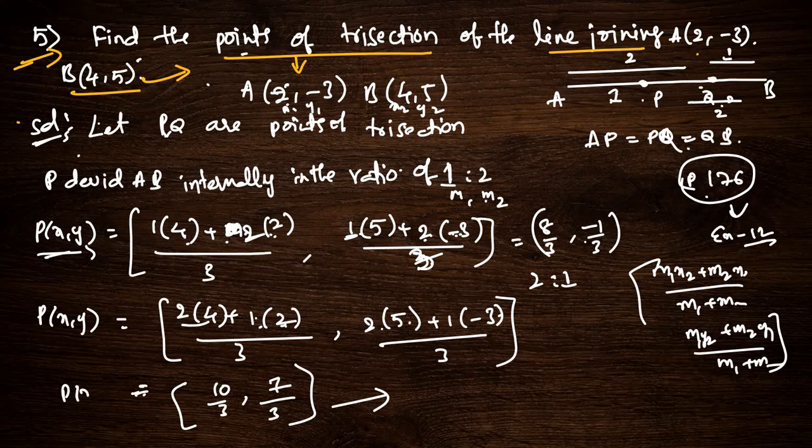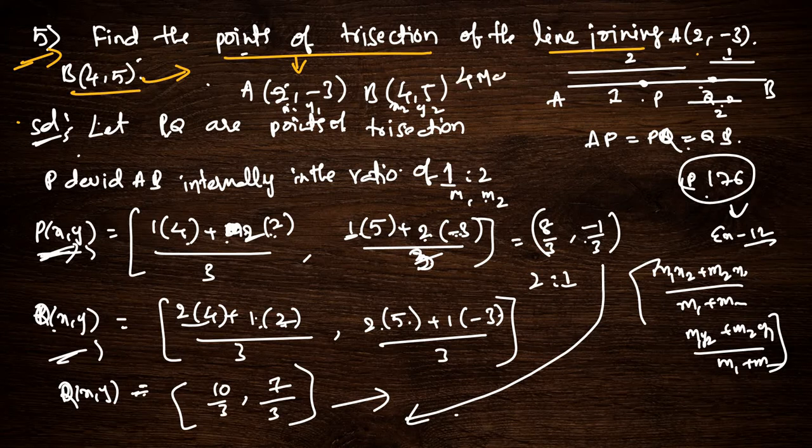So p of x comma y, and another is q of x comma y. So the 2 points are like this. Now moving to the next question. This is a very important question, compulsory 4 marks, and maximum this type of question will be asked in your exam. Please practice. Once you have to take the 1:2 ratio, and another time you have to take the 2:1 ratio, to find the points of trisection.